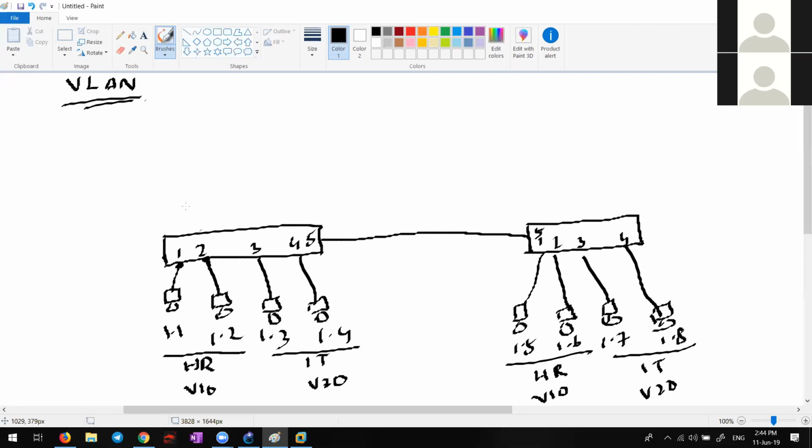Guys, what did I say? I just created VLANs and ports 1, 2, 3, 4 are part of the respective VLANs. By this kind of configuration, it's not possible to communicate. I created the VLANs first, then I said these ports are part of their respective VLANs. That's the configuration I described. In that way, how can you communicate from 1.1 to 1.5?